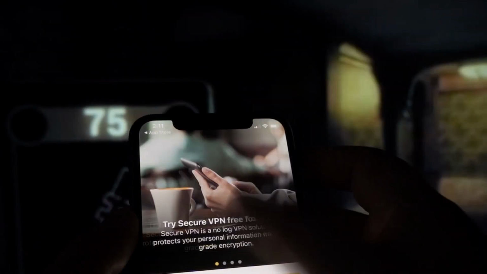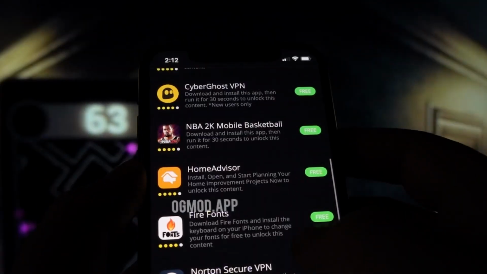These apps are downloaded from the official stores, so they're 100% safe to use. And although they've instructed me to run it for 30 seconds, I will run it for 40 to 50 seconds to be on the safe side, and would recommend you guys to do the same as well. However, over here you might not notice it because the video has been fast forwarded to make it short, and rightfully so. My instruction number 1 has been completed, and my instruction number 2 is going to be probably this one,